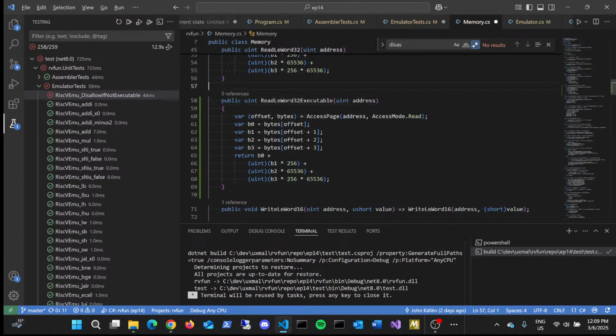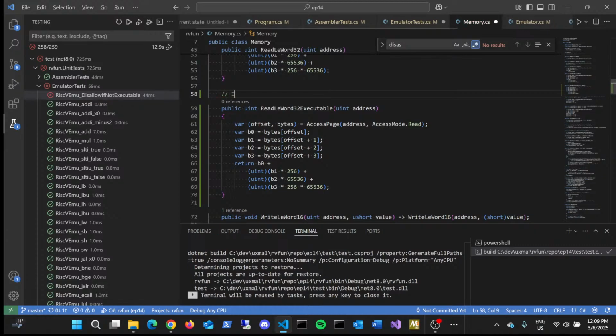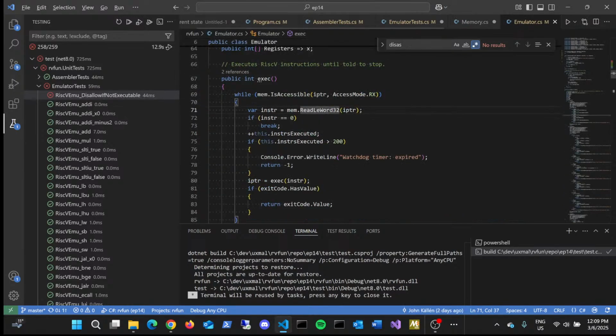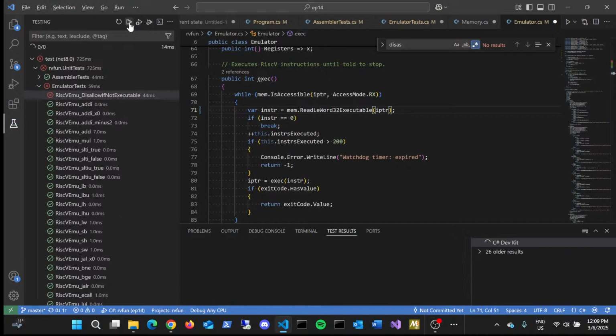And then put a comment here to explain: use this when reading instructions for execution. All right, so we'll do that. In that case, we want both read and execute. Otherwise, the logic is the same. Nice. So now we should be using that. And there we go. If we run this,